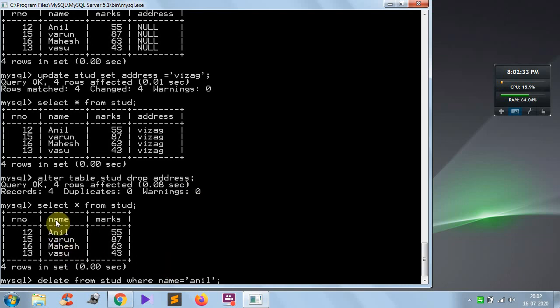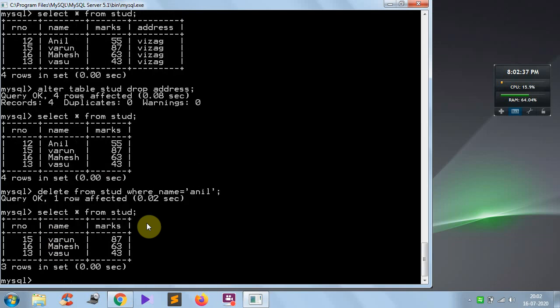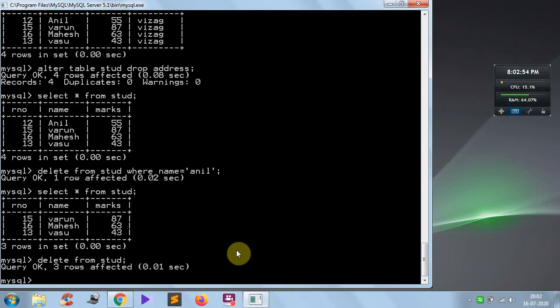How many rows have the name Anil? One row. So that one row will be deleted from the table. Anil has been deleted. Now suppose I didn't specify the condition here, delete from stud. Now click on enter. What happened? Here I didn't specify the condition, so all rows will be deleted from the table.